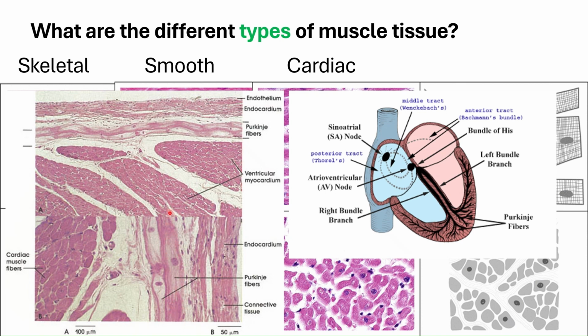So we have actual slides of this in the laboratory, so please make sure to view them when you have the chance. Again, you can see the Purkinje fibers are relatively quite thicker than your typical cardiac muscle tissue. So this is your cardiac muscle tissue, and this would be your Purkinje or special cardiac muscle tissue. Okay.